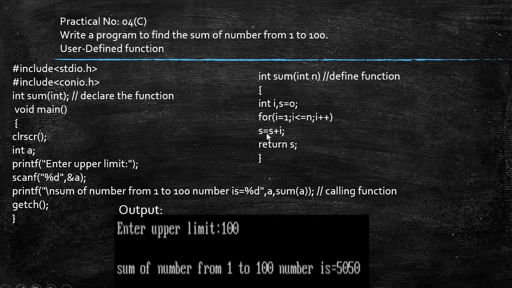Now the s variable is holding value 0. So 0 plus i, 0 plus 1, gets added over here and the answer is returned to s. So s is nothing but the variable which we have used within my sum function. The return statement can be of various types. Now over here it is returning the answer to the variable. If you want the answer to be returned to the sum function through this return statement, you can mention that over here also.